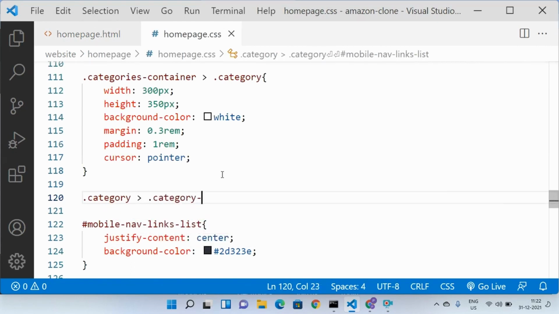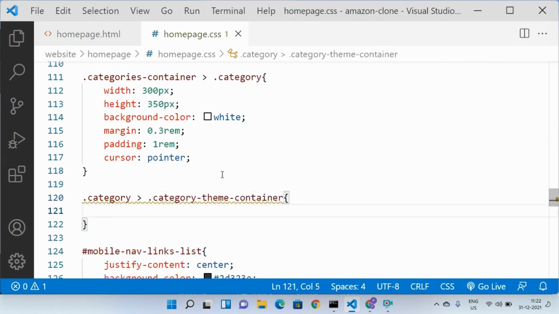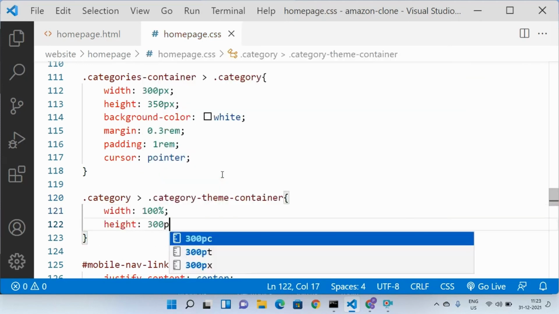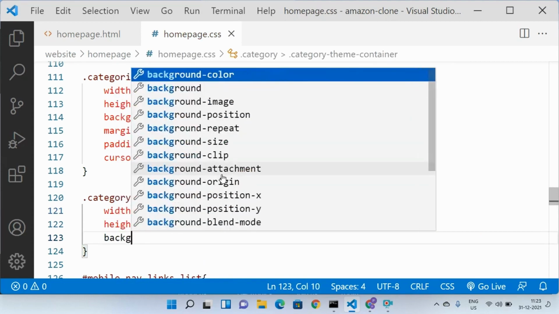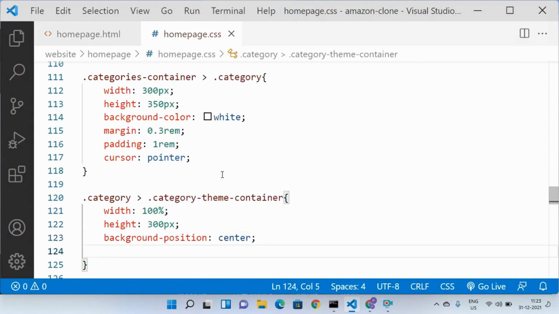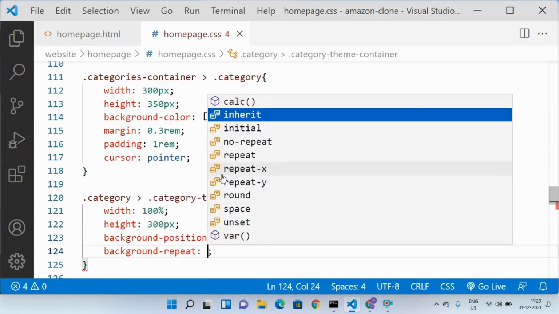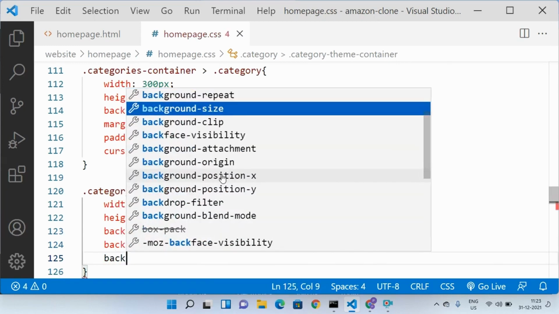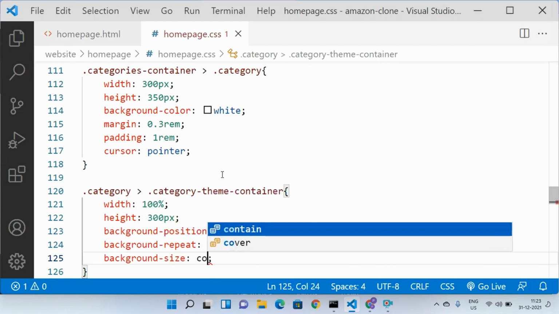Category theme container, which is inside the category, we want its width to be 100%, height to be 300 pixel, background position to be center, background repeat to be no repeat, and background size, let us go with cover.